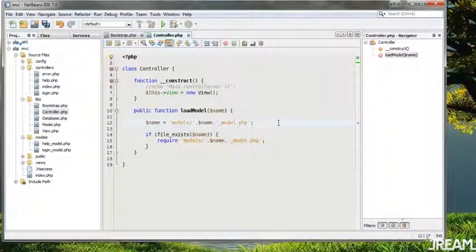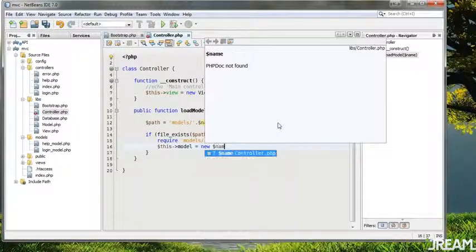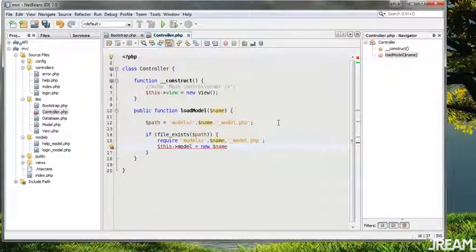Name equals, how about path equals models, name model. So then we can just say load model of login, and it'll find it. Okay, that looks good. And if file exists of the path, we will require that. And then we want to instantiate it, and we'll say this model equals new name, and we need to